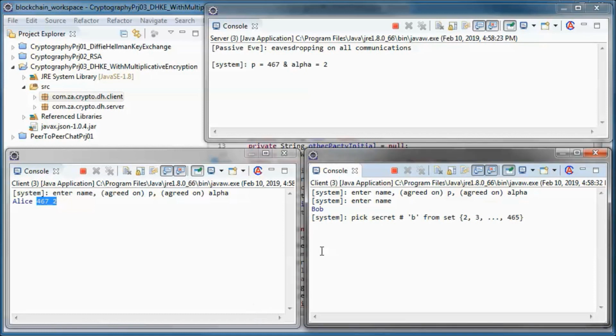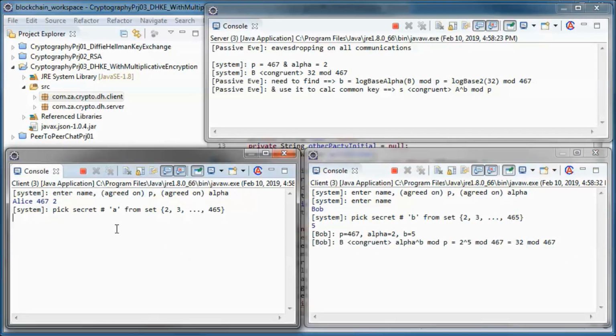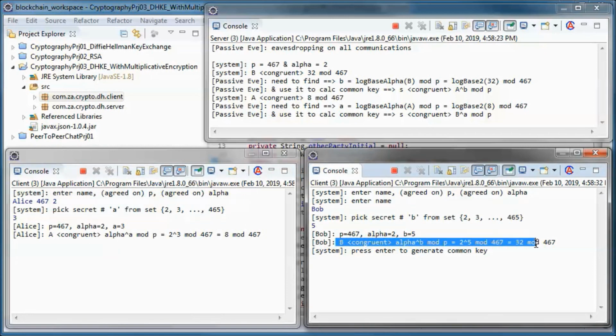And Bob chooses his secret key, lowercase b, as being 5, and Alice chooses 3 for lowercase a. And Alice calculates her public key, uppercase A, and Bob does the same thing for his public key, uppercase B.